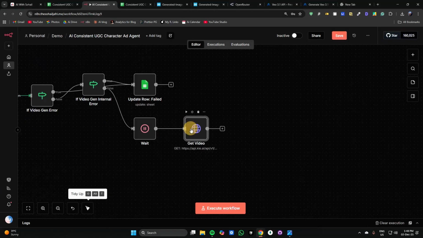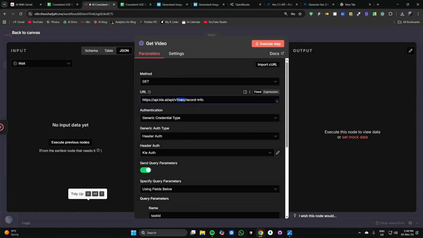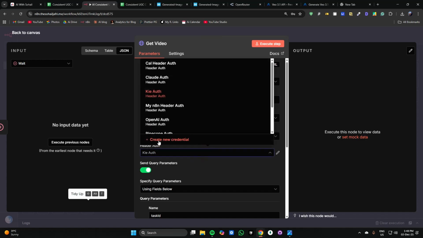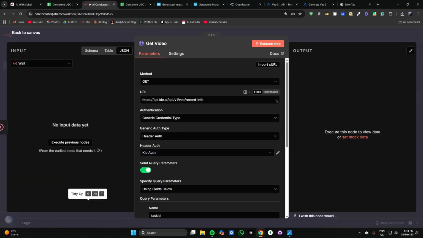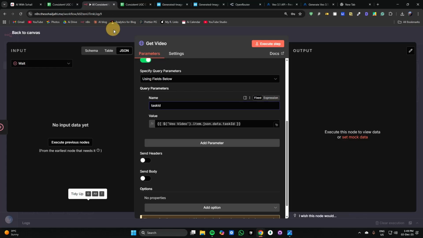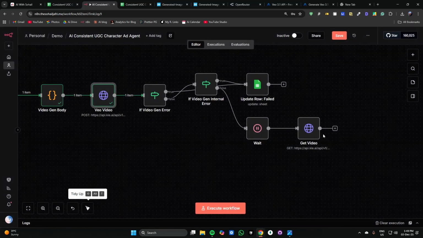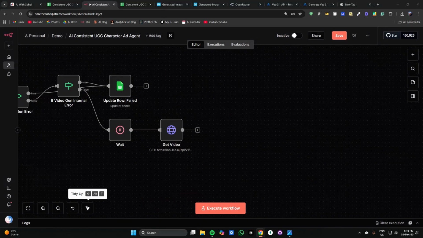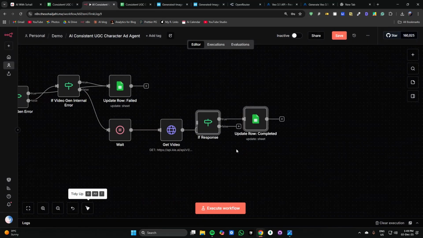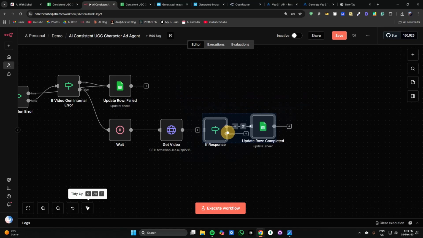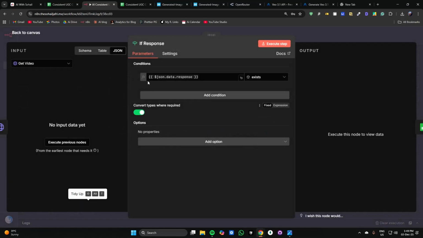We are going to wait, and then we are going to check whether the video is generated or not using the Veo record info API call. We are again using general credential type, header auth, and you can create your new credential using this button. Then you have to provide the task ID which you receive after this call. Okay, you have received a task ID. You can keep checking whether the task is completed or not. Once you receive output, not an input, from it, it will look something like this: